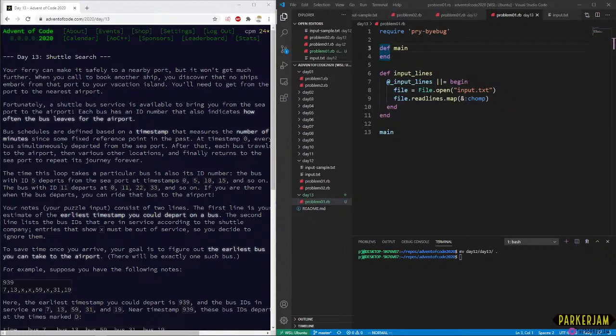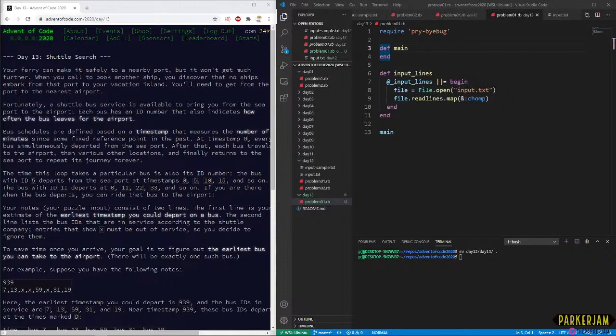These are usually themed around trying to make a Christmas happen, to save Christmas. This year, we're taking it easy. It's 2020. We need to relax a little bit. The lore is we're going on vacation. So let's get into where we are so far. We were on a ferry, and we just navigated our ferry through treacherous waters. Your ferry can make it safely to a nearby port, but it won't get much further.